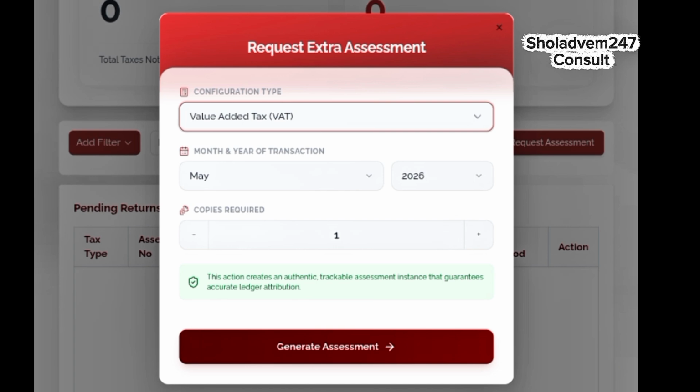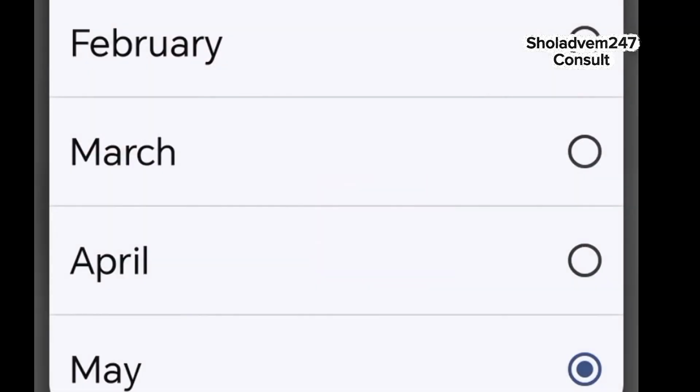We file January VAT in February. We file February VAT in March. And that of March is being filed in April. The April VAT is what we filed last month, which was May. Now we are to file for May, and we are in June. It is May VAT that we will demand for. So make sure you are choosing the right date, which is May,